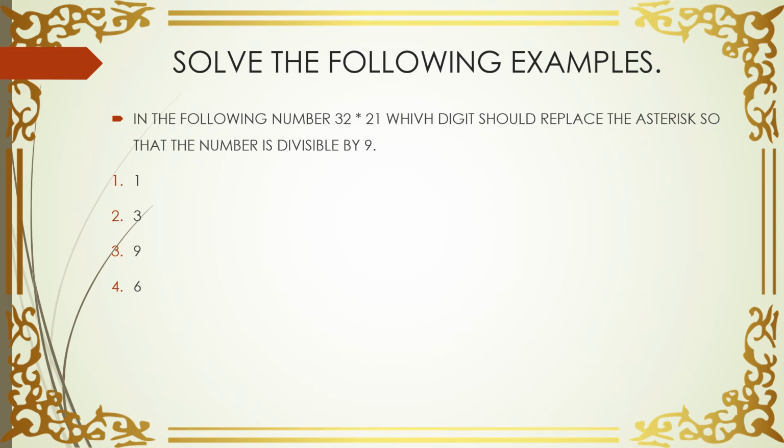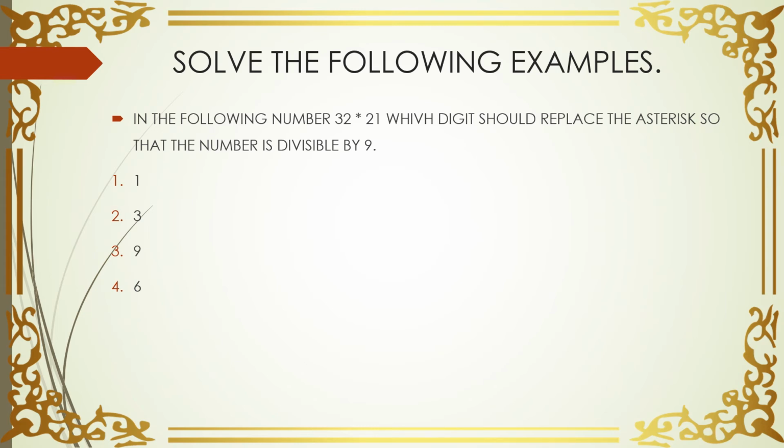Okay, so as I told you, the number which was given to us was 3221. ठीक है, जब हम लोग उसे ऐड करेंगे तो you will get 8. 8 के अंदर अगर हम लोग 1 ऐड करेंगे तो वो 9 हो जाएगा. ठीक है, तो it will be completely divisible by 9. 9 के टेबल में आता है ना. So we will not go further ahead and check whether दूसरे numbers आते हैं या नहीं, because we cannot waste our time. अगर पहले ऑप्शन में हमारा आंसर सही आ रहा है, so you will just tick the correct option and move ahead.